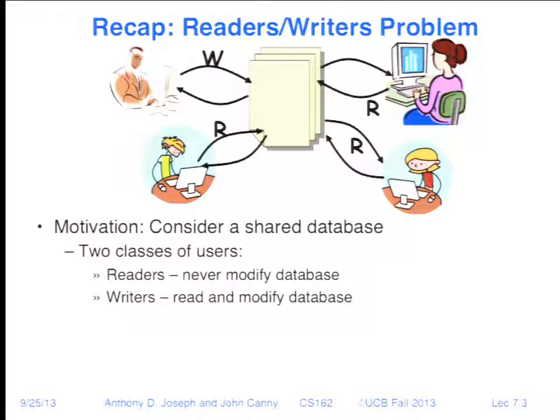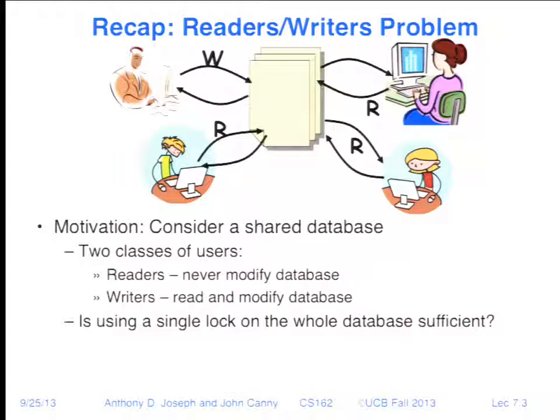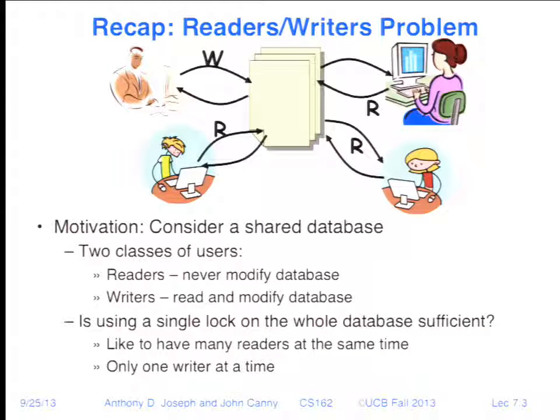So from last time, we looked at the readers-writers problem, and the model is to consider some kind of shared writable storage like a database, and users that are trying to read and write from that store. So the readers don't change what's in the store, so multiple readers can access it at the same time. The writers, since they're modifying the content, we want to give them exclusive access. So question is single lock on the database sufficient? Well, it wasn't the model we looked at last time. We wanted to basically do something a little bit more complicated that would allow